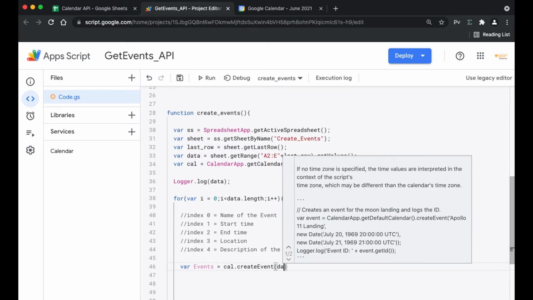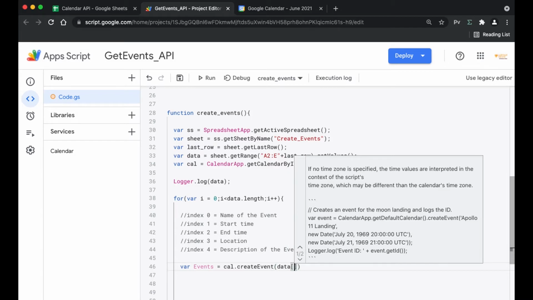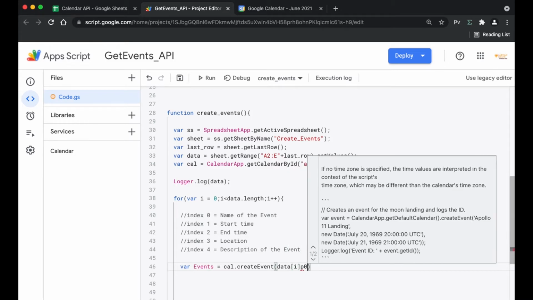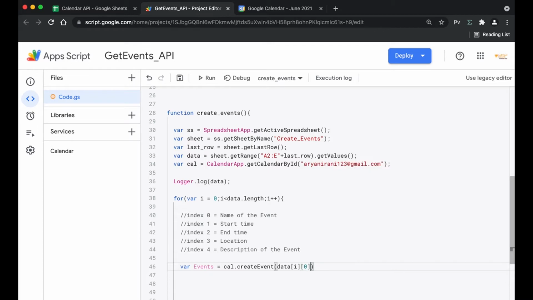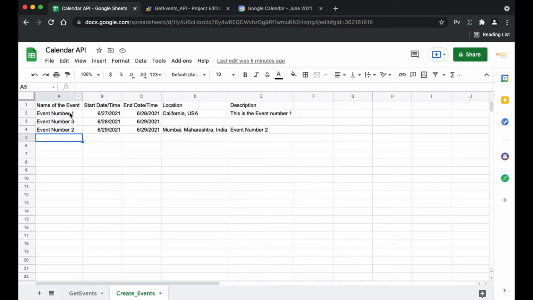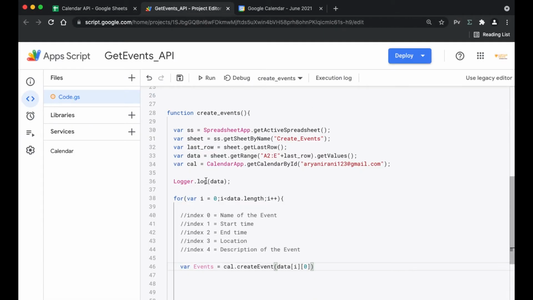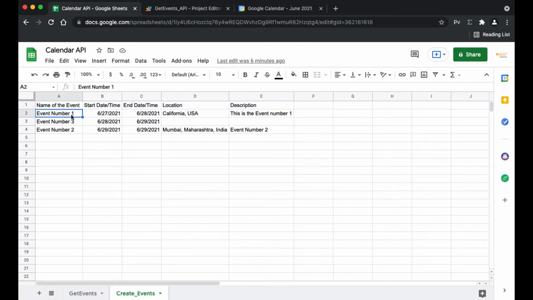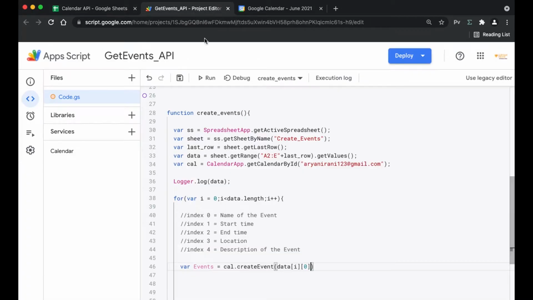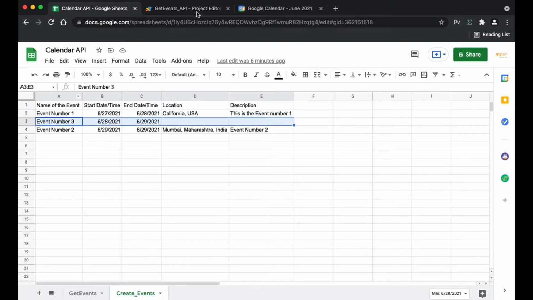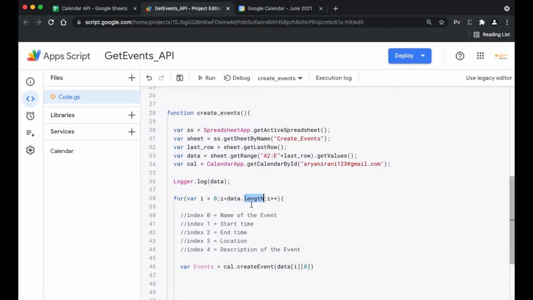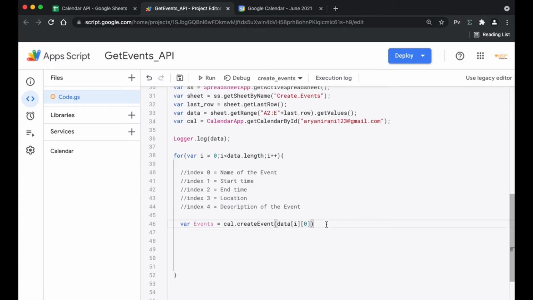So we're going to be passing the variable here, say that is called data[i][0]. I'm going to open the bracket and close it. So this data[i][0], while it's going through the for loop, the first iteration that is going to be passing through is going to be this one. It's going to get the title for this. After this one is added to the calendar, it's going to go to the next one. So the i will become 2 in that. It's going to go to the second one, add it, same thing, go to the third. This i is powered by the data.length function. So we're going to be doing that.